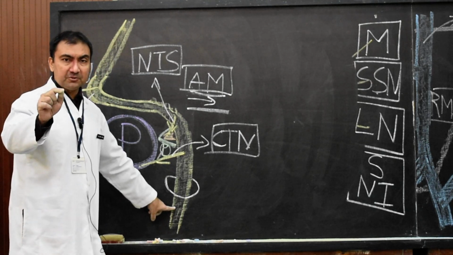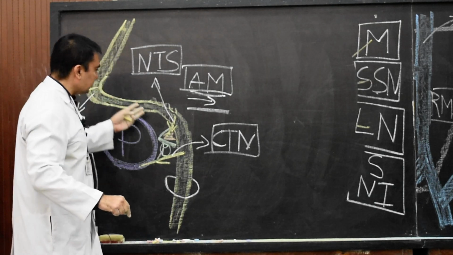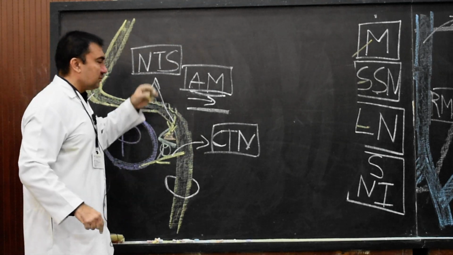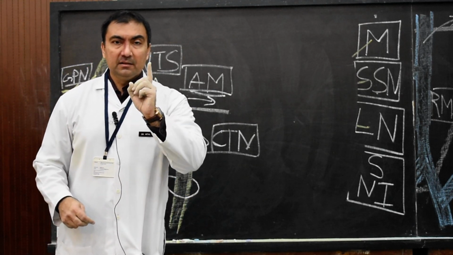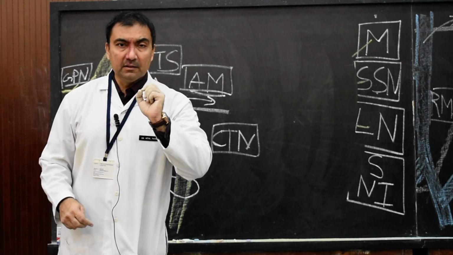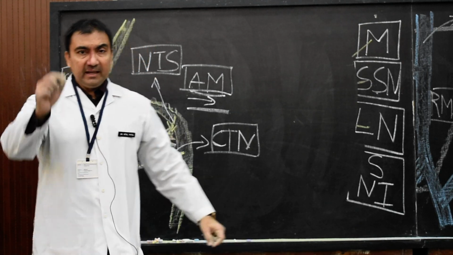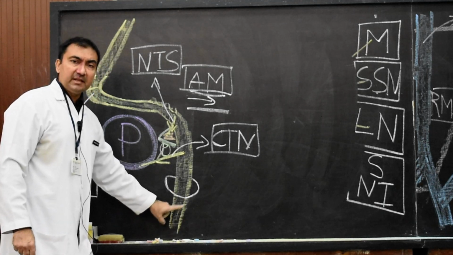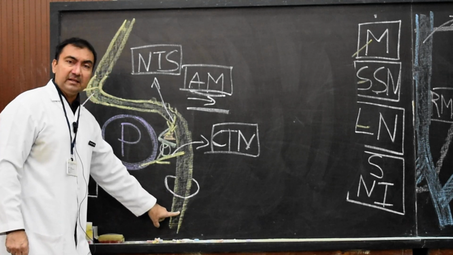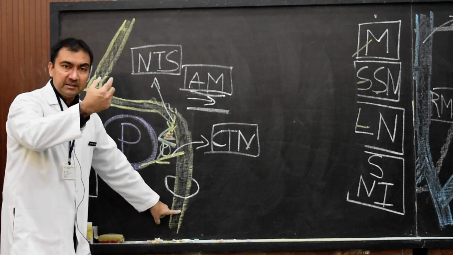So once again, my dear students, please remember the 3 branches, greater petrosal nerve, nerve to stapedius and chorda tympani, will be present in facial canal. These are the branches given in the facial canal. Now another 3 branches as it exits from the facial canal. The branches which are given as it exits from the facial canal, that is stylomastoid foramen,